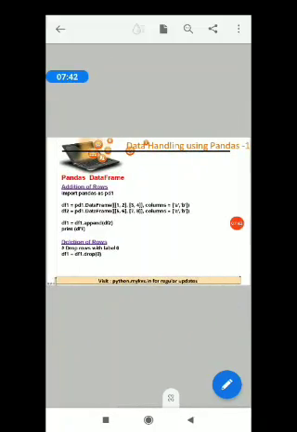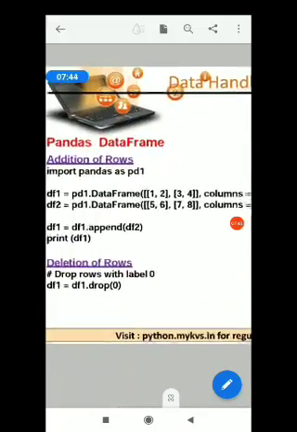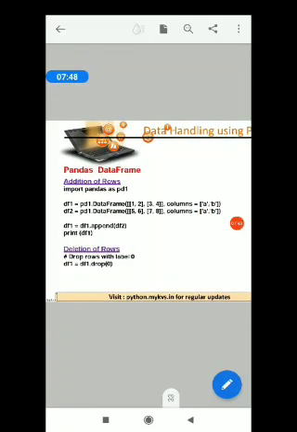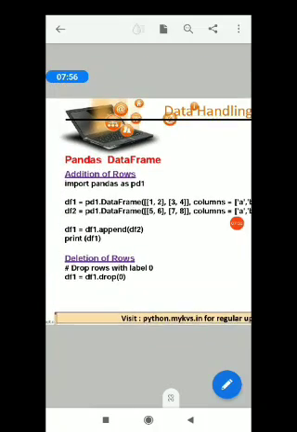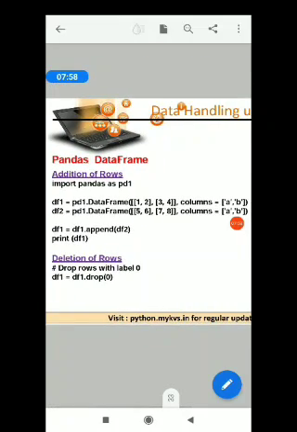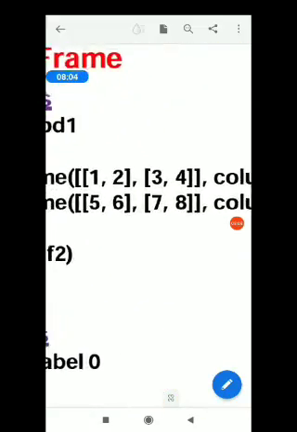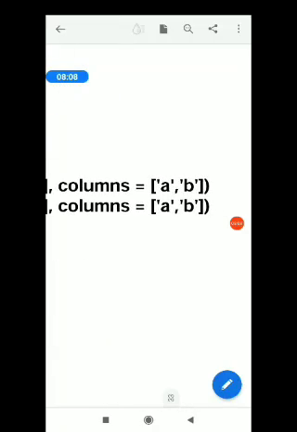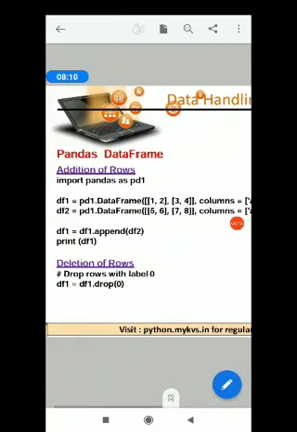Come to the next one. If you want to add rows into your existing data frame, you can do it by means of this command. Import pandas as pd, df1 equals pd.DataFrame, and inside data frame I am using square brackets 1, 2, 3, 4, and df2 with 5, 6, 7, 8, and columns A, B has to be added.